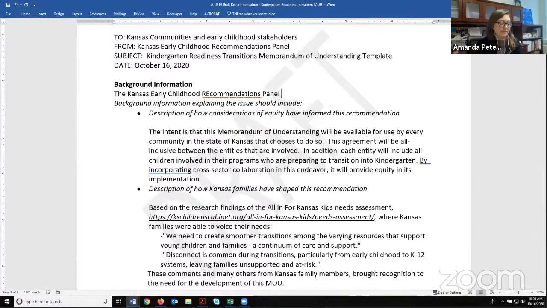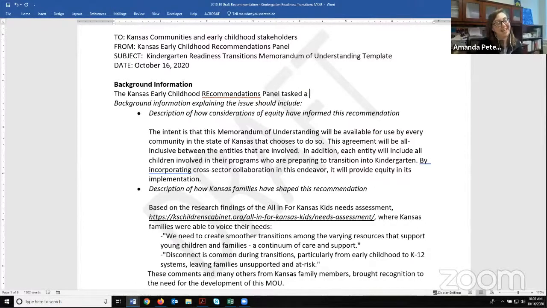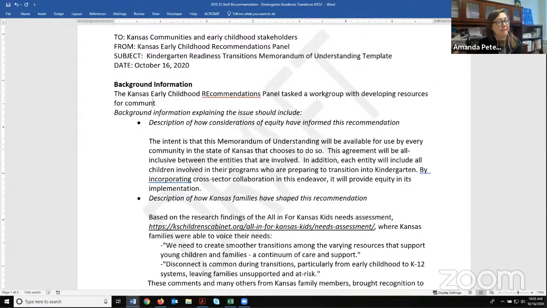convened or tasked. Yeah, there we go. Thank you. A work group with developing resources for communities to support an active planning process regarding